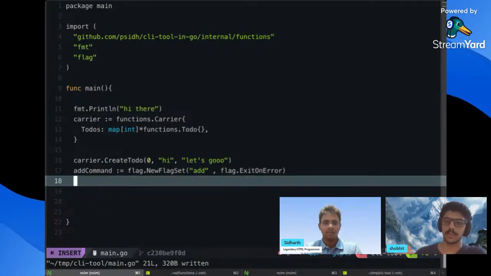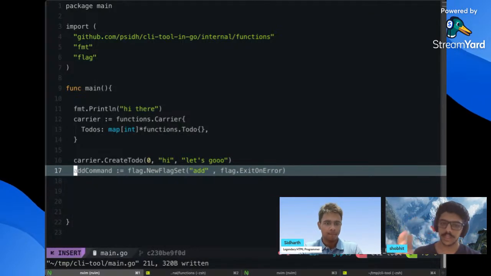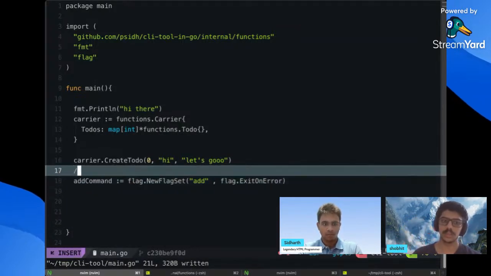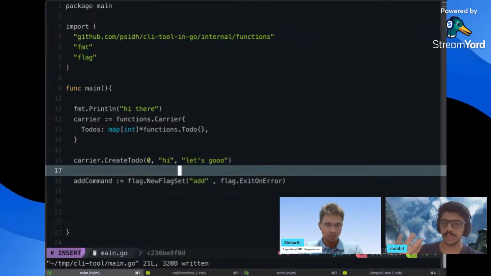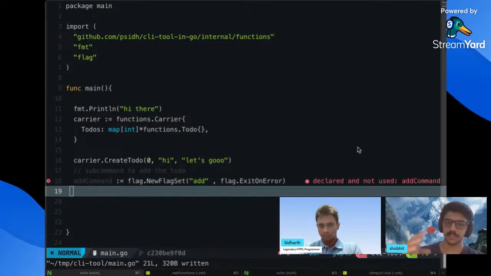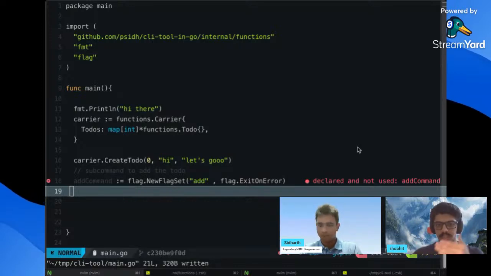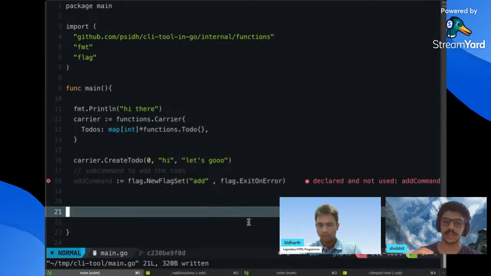तो अब हम क्या करेंगे, हम करेंगे कि अगर कोई कमांड दिया ही नहीं है, कोई सब कमांड दिया ही नहीं है, तो अभी के लिए बोलेंगे कि मतलब एरर थ्रो कर देंगे। बट बाद में यूजुअली CLI टूल्स में क्या होता है कि जैसे अगर हमने सिर्फ go do लिखा, ठीक है, तो पूरा हेल्प का मैनुअल प्रिंट कर देते हैं, या फिर एक गाइड प्रिंट कर देते हैं कि ये सब कमांड्स हैं। तो हम वैसा बाद में करेंगे। अभी के लिए सिंपल हम लिखेंगे इफ